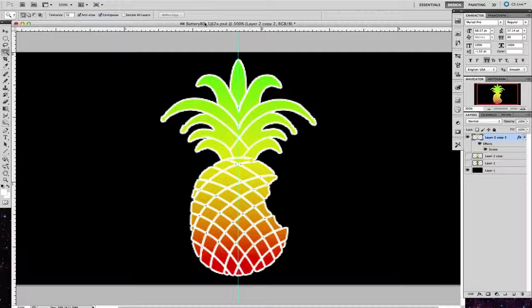But there's 17 files, 1 through 17 of this battery thing, and then you go ahead and you just create the 17th is like the full battery all the way down to 1, which is no battery, and then you kind of just work with that all the way down to the bottom. So how I do that, I won't go through it now because it's just kind of more of a